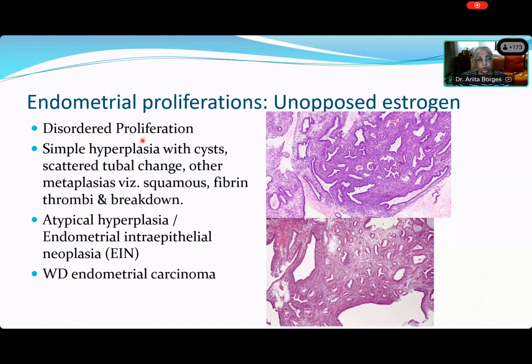Now, what do we mean by disordered? You saw what a normal endometrium in the proliferative phase was. Okay, it's got nice round glands. In fact, you see that curvature of the glands and some pseudo branching that occurs in the secretory phase, because the glands are now getting corkscrew. Like here, normally you see just nice round glands set in a stroma. Depending upon how late in the proliferative phase it is, you get more or less glands and more or less